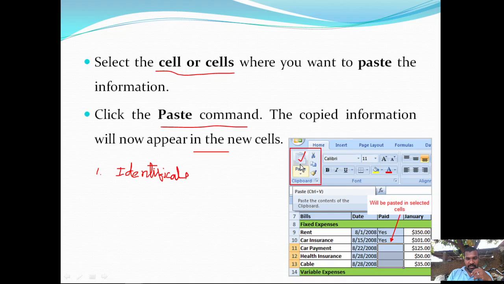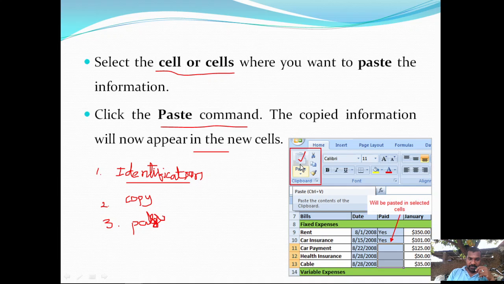After selecting those cells, we first perform a copy operation. After that, the information is copied onto the clipboard. Then we need to choose the place where we need to paste the information.